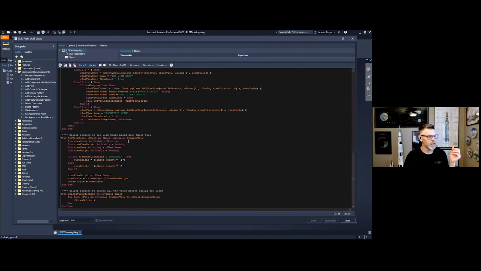some information to this lower level routine that's going to do the calculation for me. It's going to understand the size of the sheet I'm working with and how much real estate I'm allocating to this view, and then it does a little calculation to determine what scale factor I need to adjust the view to in order for it to fit into that allocated real estate. And then I set that view scale.